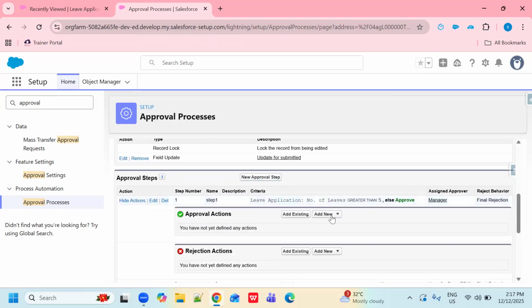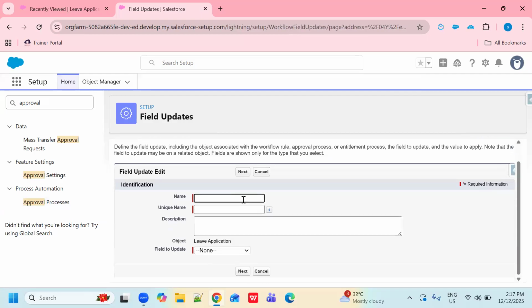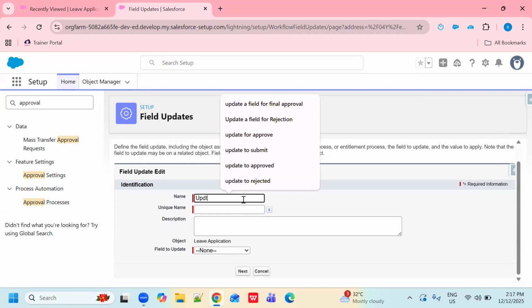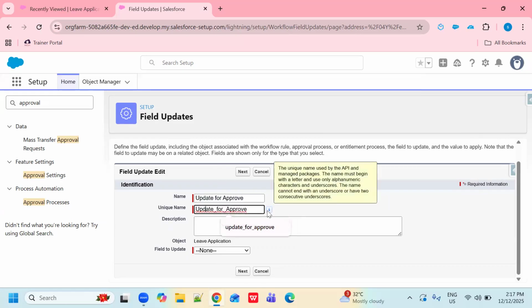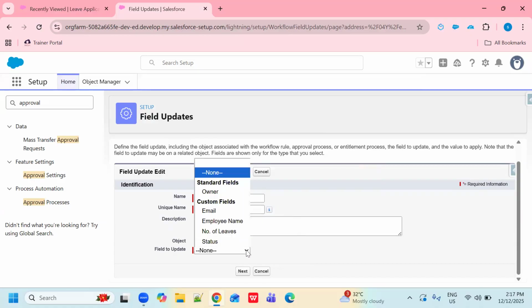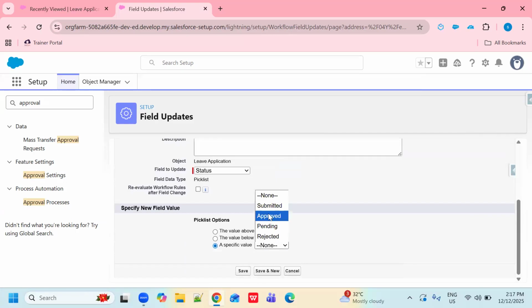So okay, now again I'm going to update a field, the same field I'm going to update for approved, right? Because my field should be updated as approved. Done.